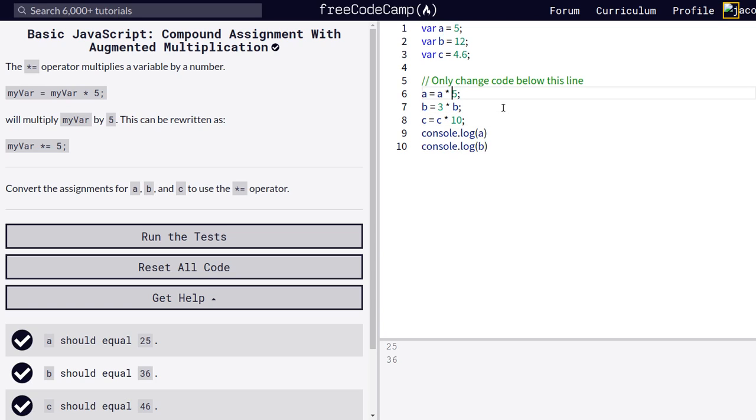But we can use the asterisk equal operator, then it will be more cleaner. a asterisk equal operator 5, then it returns 25. And b, this is also